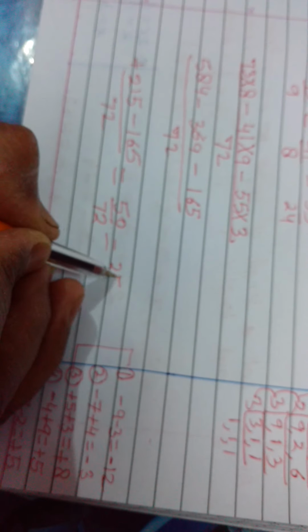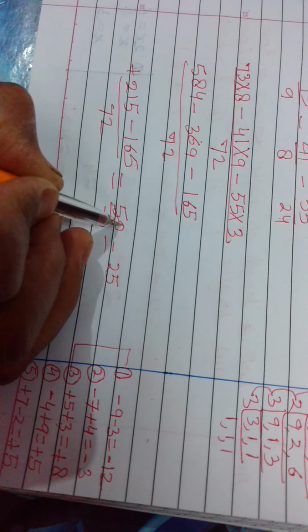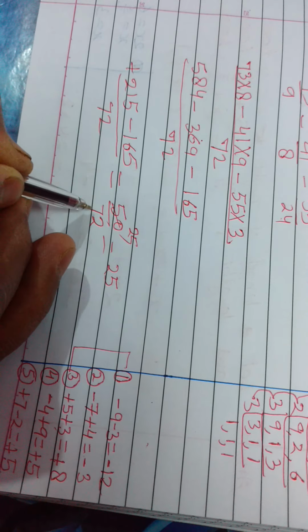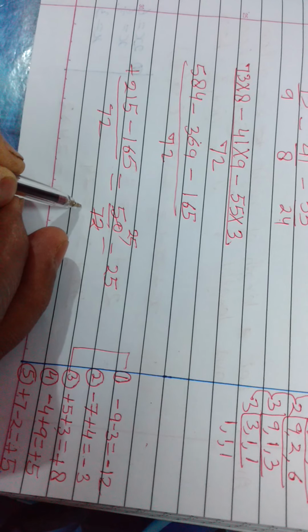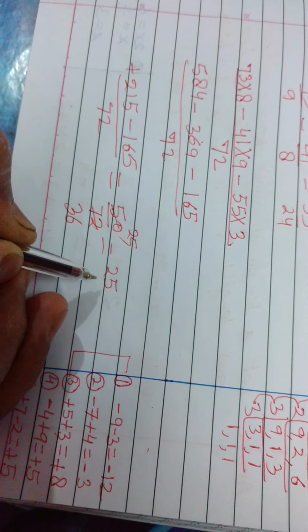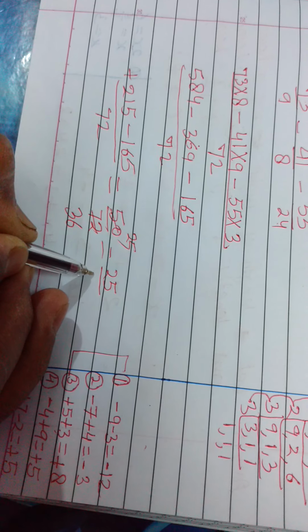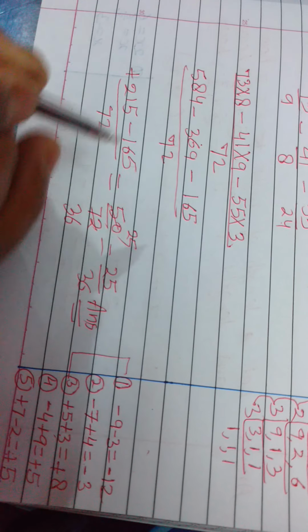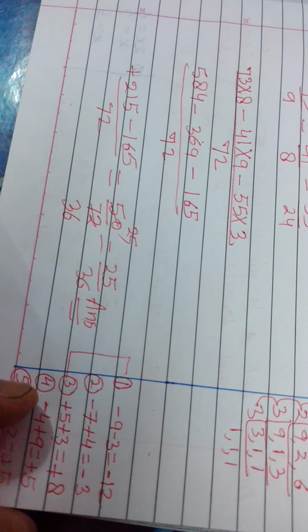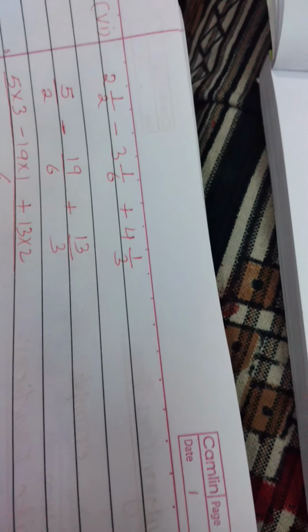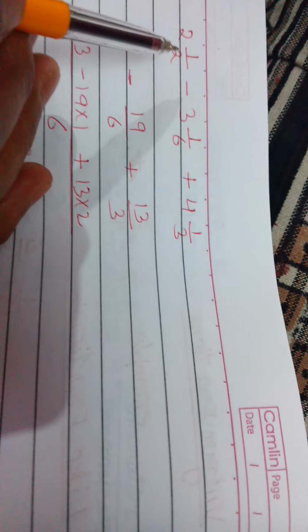So the answer will be, it is cancelled by 2, 25, and this also will cancel by 2, it will come 36. So the answer would be 25 upon 36. So this is the answer of question number 1, first part. Same way I have done question number 1, sixth part. So this is 2 1 by